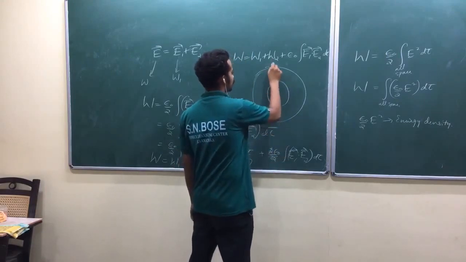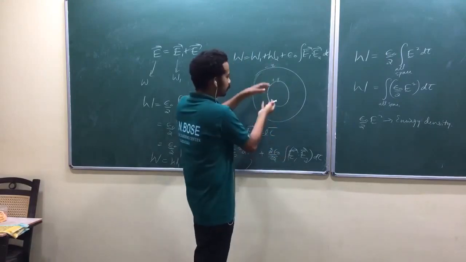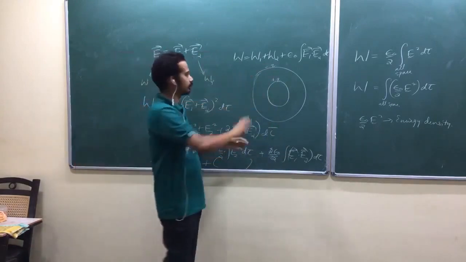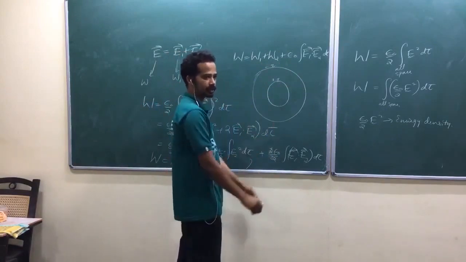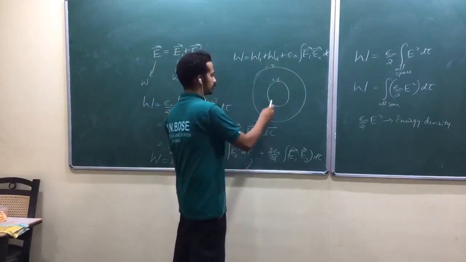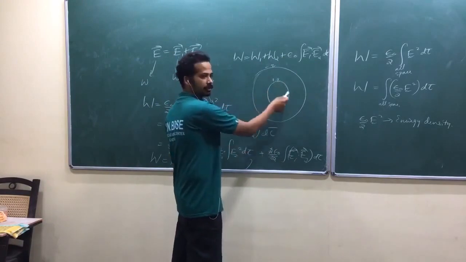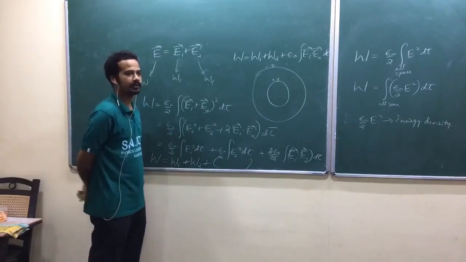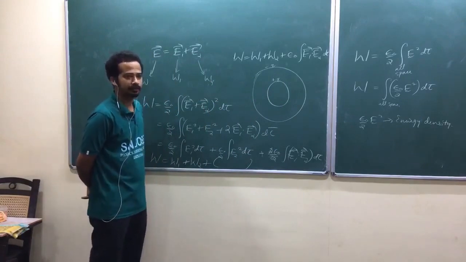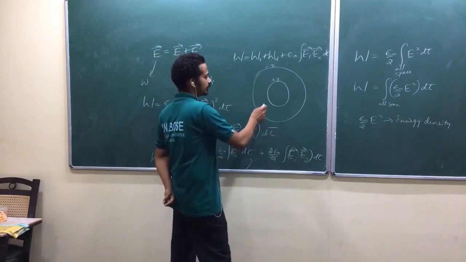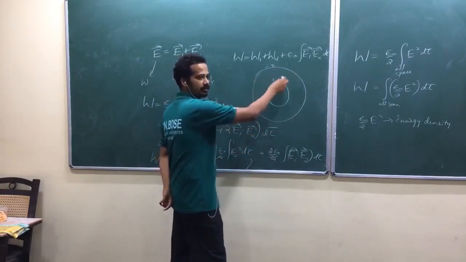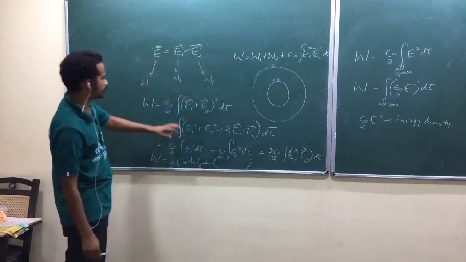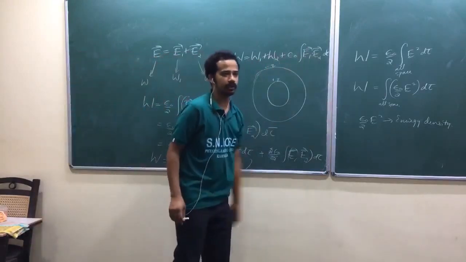Suppose plus q and minus q, whatever. Plus q is uniformly distributed over one spherical shell, and minus q is uniformly distributed over the other spherical shell. I think you might have applied Gauss law. So there exists an electric field only in the region between them. Outside it is 0, and inside it is 0, because the Gaussian surface will not enclose any charge. One way is to find the net electric field and just follow this, integrating E square dτ. That's one idea.